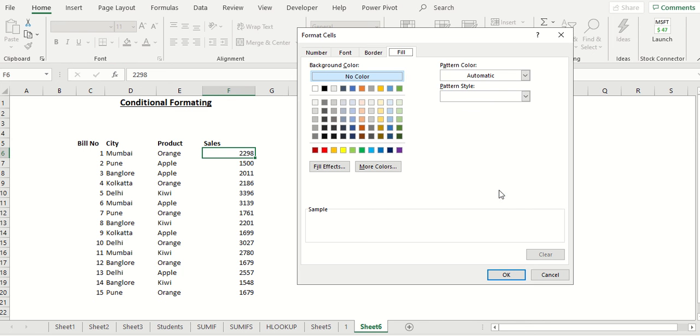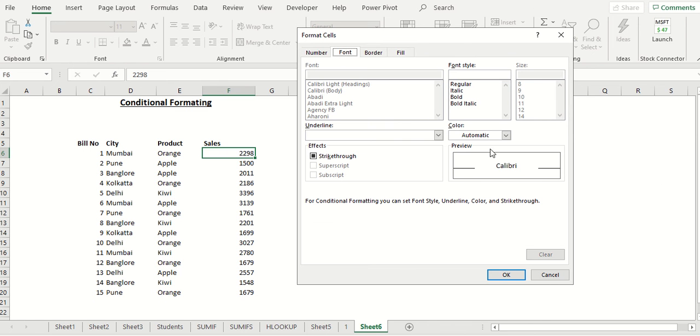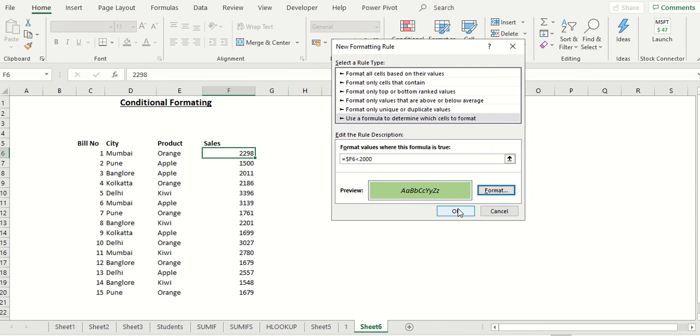It should format that cell to a color, say green, and say bold and italic, or italic only. Let's say OK.